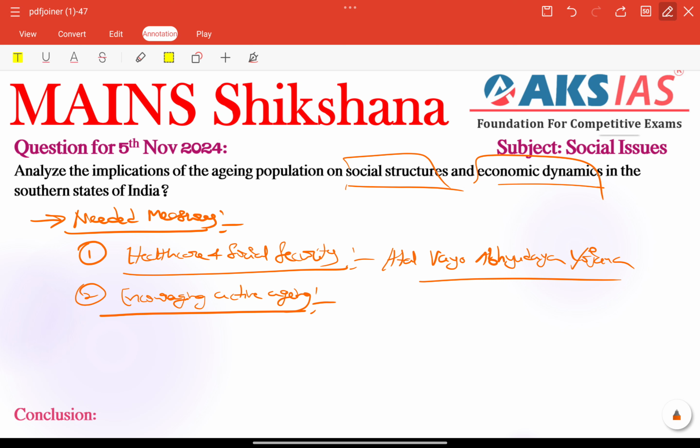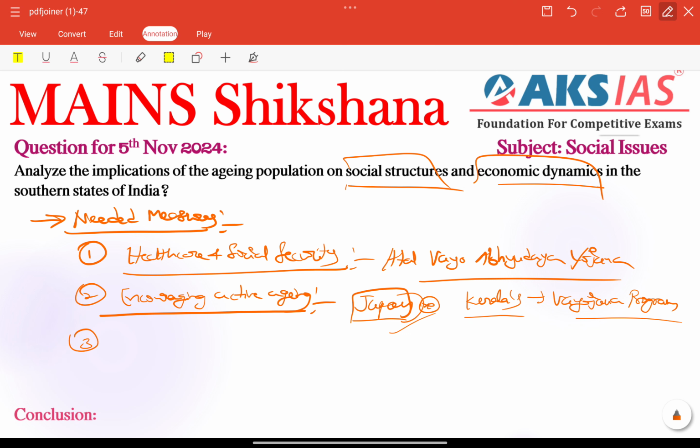For example, in Japan, countries like that are extending the retirement period also, around 65 to 70, right? So that is the most important international factor also included here, right? For example, here Kerala's Vayojana program is also very important. The Vayojana program or scheme supports the elderly in staying economically active here, right?